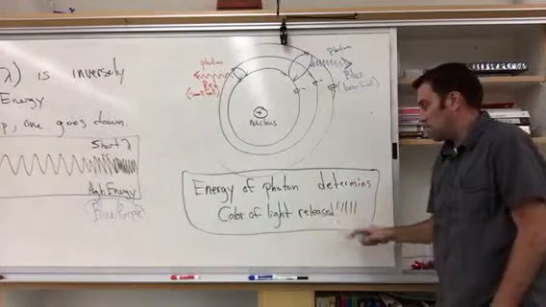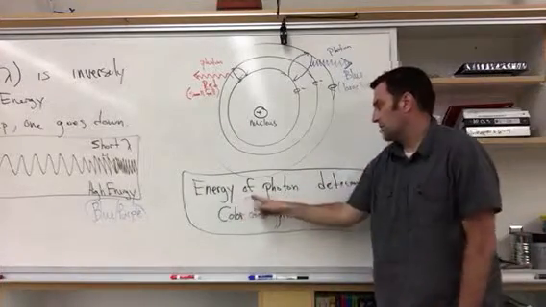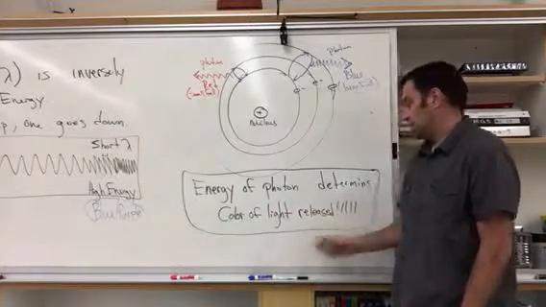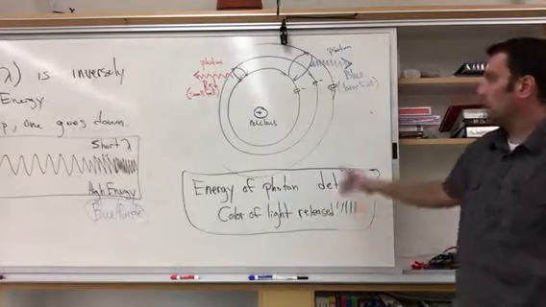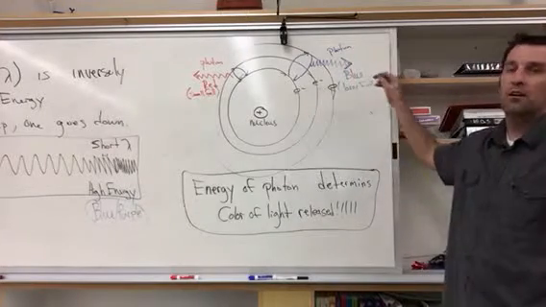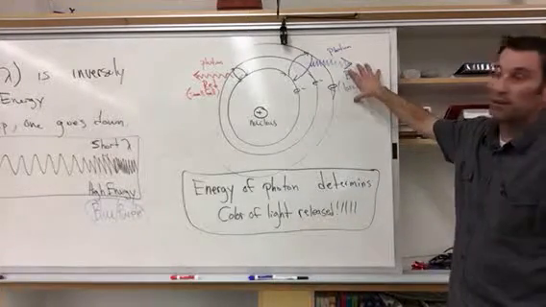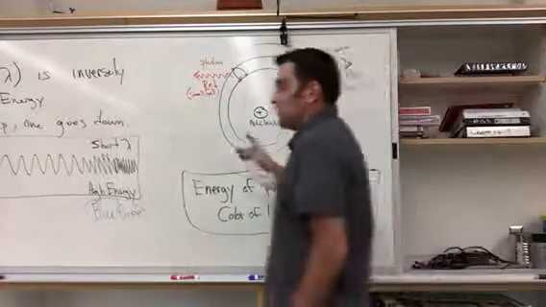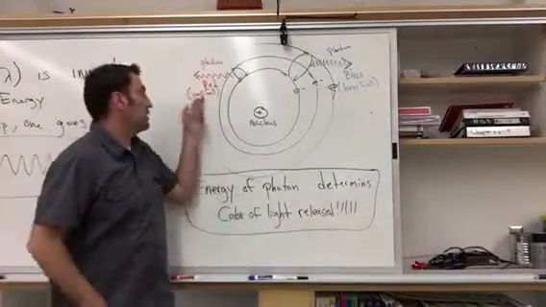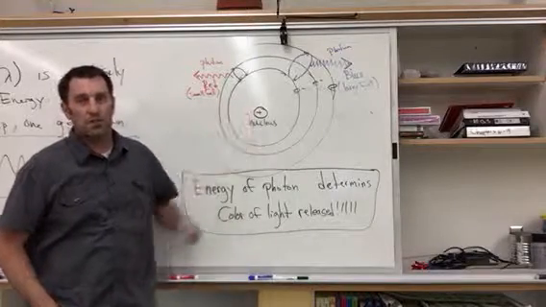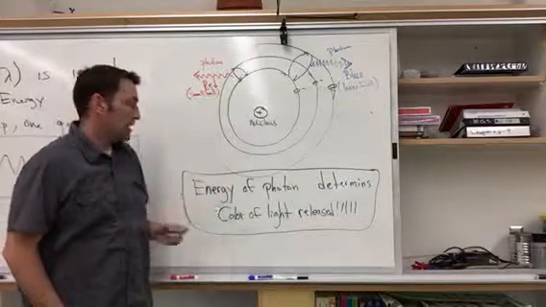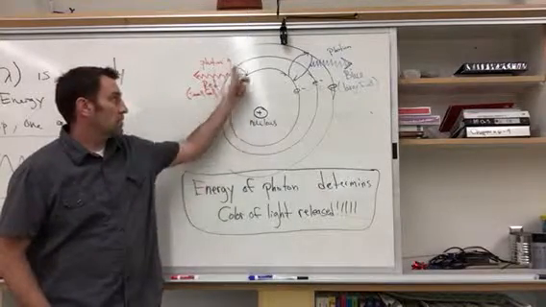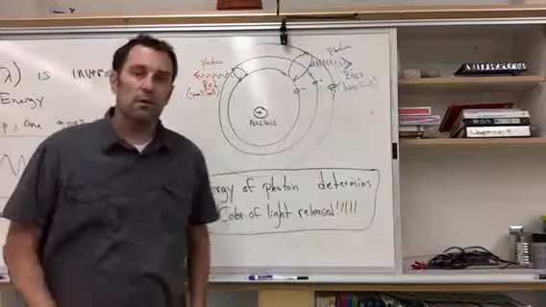And then finally, I can't hammer this enough, the energy of photon determines the color of light of the photon or the light released. Okay? Large falls, large energy, high energy wave. Color, purple, blue-ish. If we have small falls, we get into the reds, the orange, just like Roy G. Biv. Okay? Hopefully that will help you. Always remember that light's released when an electron falls to a lower energy